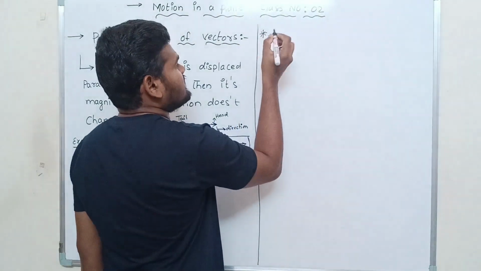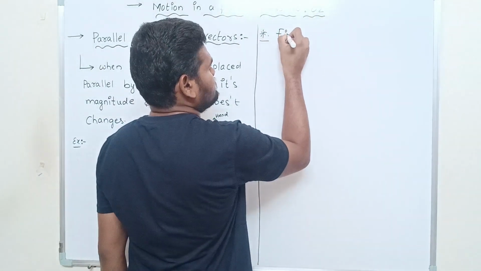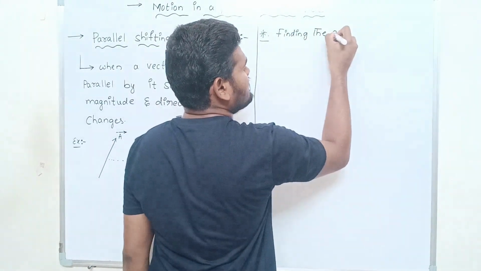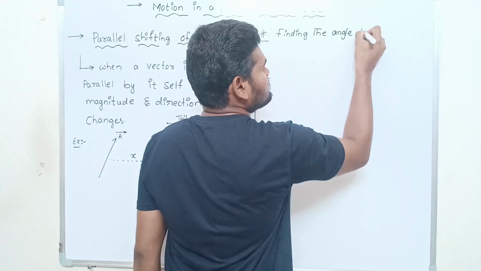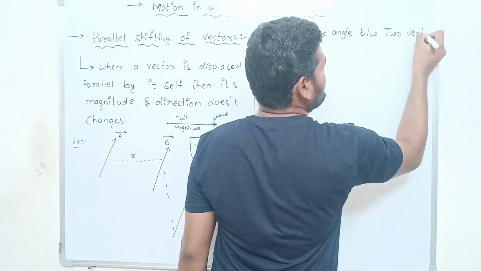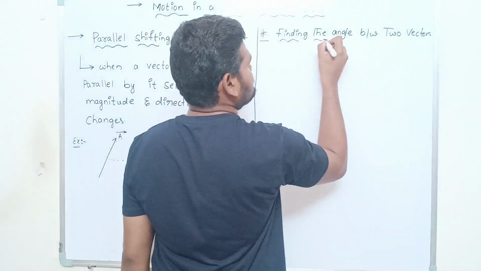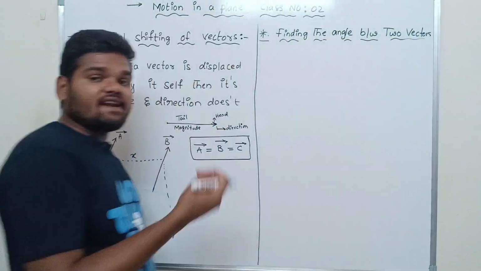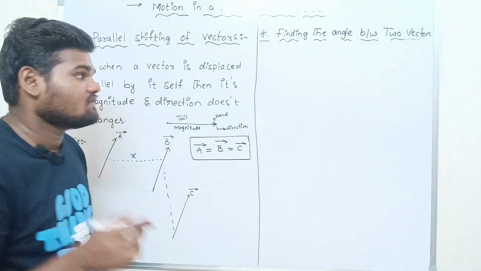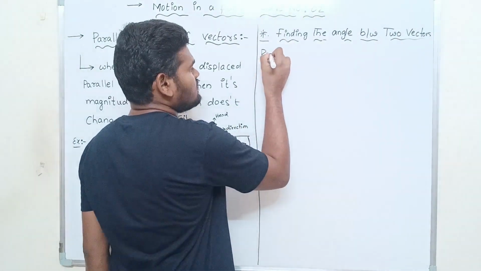The next concept I am going to take up is finding the angle between two vectors. To find the angle between any two vectors, we have to follow two rules. The first one, have a look. Rule number one: